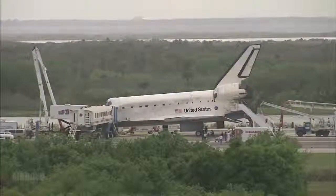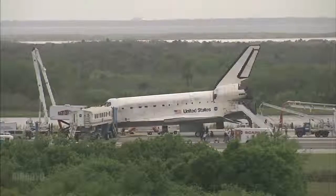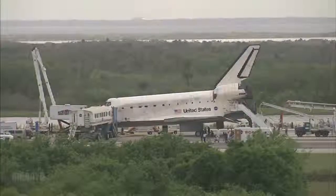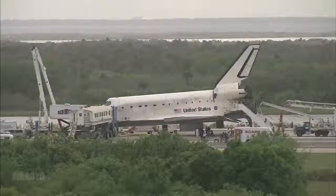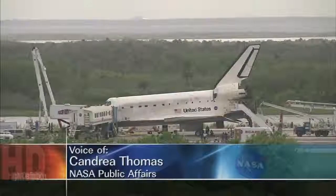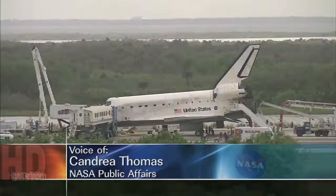Here at NASA's Kennedy Space Center, Space Shuttle Discovery is on Shuttle Landing Facility runway 15 after 12 days, 19 hours, 30 minutes, and 15 seconds in space. The astronauts performed 3 spacewalks while at the station and delivered a 4th and final set of solar array wings